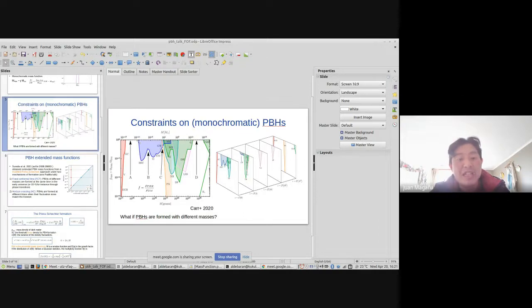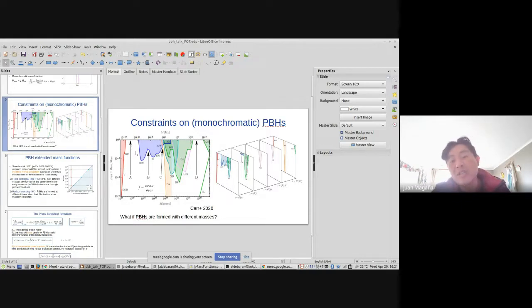For example, if I have an extended mass distribution covering masses from 10 to the minus 14 solar masses to 10 to the 3 solar masses, this filter function, in the case of monochromatic mass function, only affects this interval, but there is a contribution of the primordial black holes outside this filter function, and we introduce a correction.